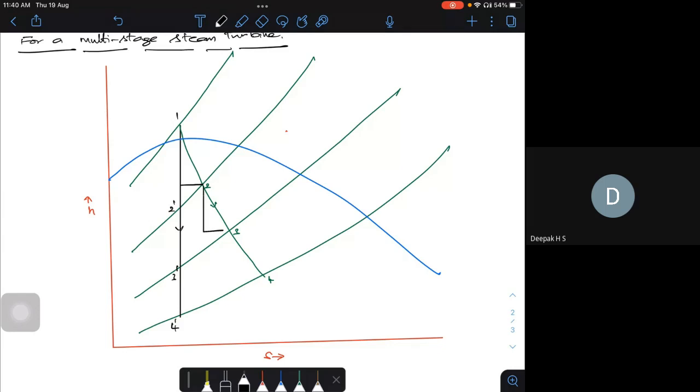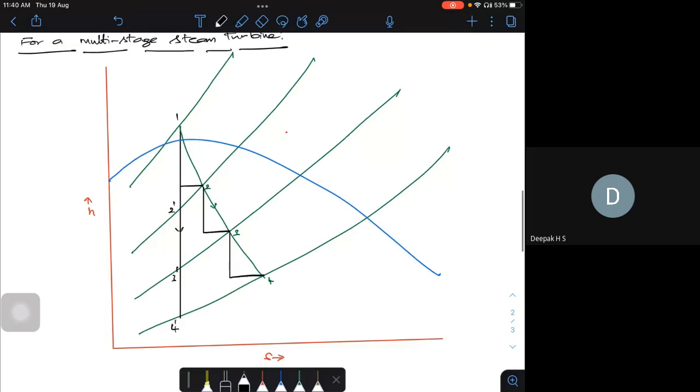draw this particular thing. So look at this particular thing, how this expansion takes place. Then that's it. We call that the condition line. Expansion of the steam when I go for multiple stages. Maybe it is a 3 stage or it can be 6 stage, whatever it may be. So the initial pressure, I can call it P1, then P2, P3, and P4. So it's dropping. Now what I see at the lowest possible P4, this is called maybe your exit pressure or back pressure.